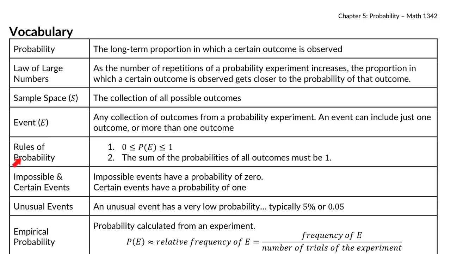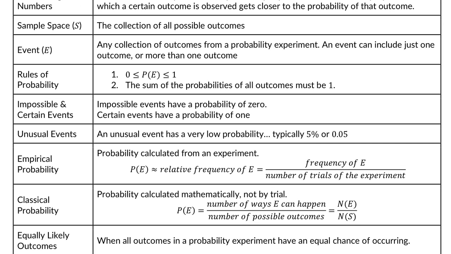When you are making what's called a probability distribution, or listing out all of the probabilities for different options, there are two rules. The first rule makes sense. No single probability can be below 0 or bigger than 1. That makes sense, right? You can't have a negative probability, and you can't have a probability of 150%. They have to all be between 0 and 1. And in a probability distribution, the sum of the probabilities of all outcomes must add up to 1. We have to have a 100% chance of all of the options occurring. So all the options added together have to be 1.